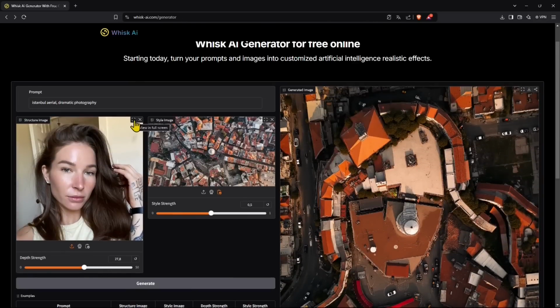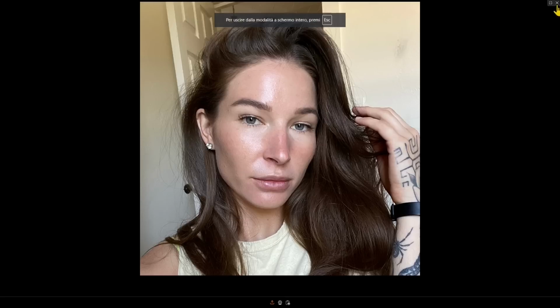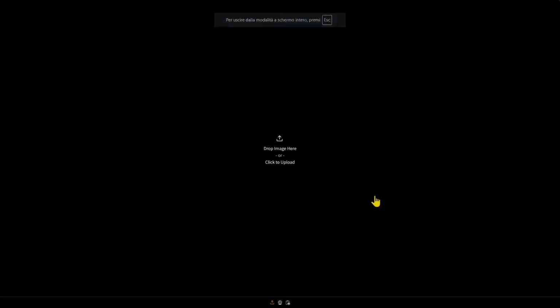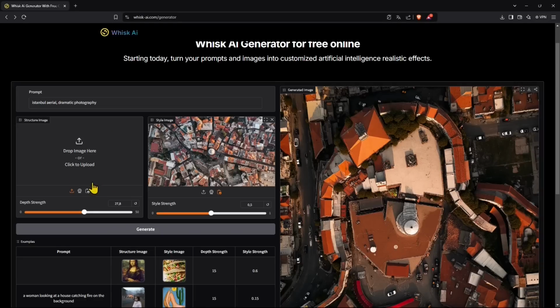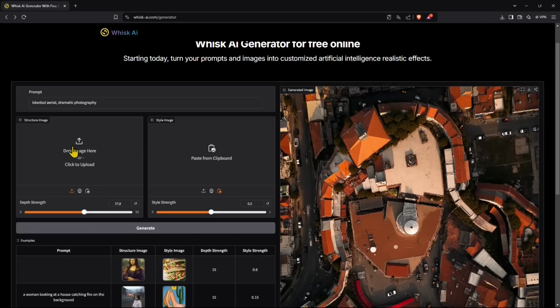You can also see the full picture of the reference here. If you expand this, you can drag and drop, you can click and upload, and here you can close and open up other references. Here you can just type the text, kind of a description of what you want to create. So I wanted to do something with architecture using my sketch and using a reference image, like a pretty realistic rendering. So all I'm gonna do is type the prompt and then click here,